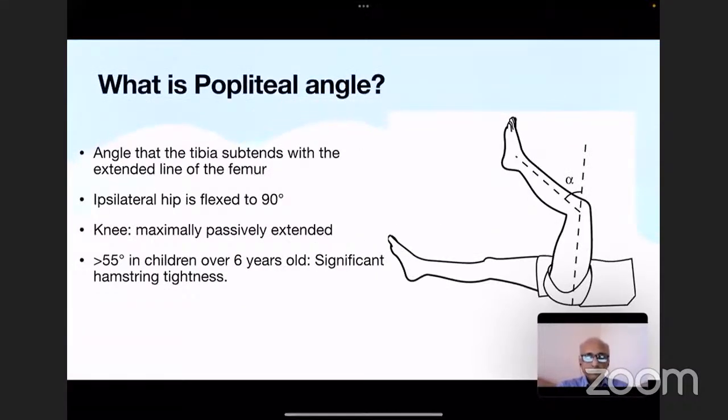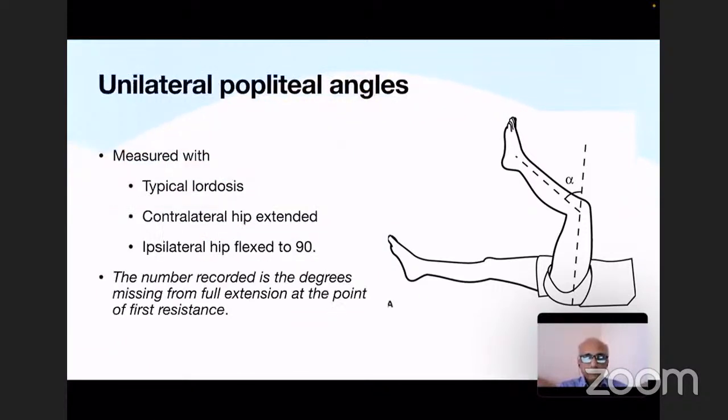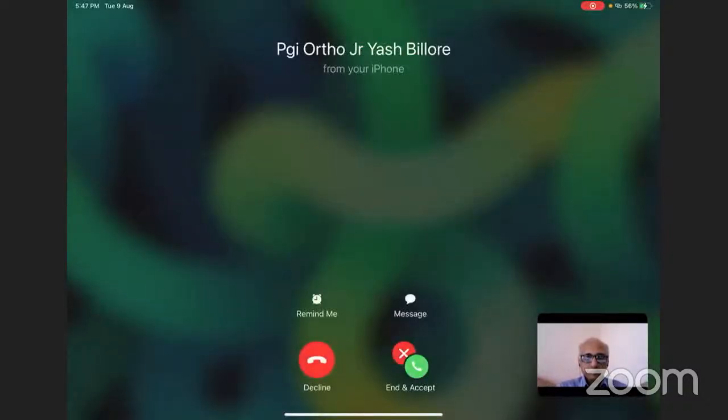So what is popliteal angle? It is the angle that the tibia subtends with the extended line of the femur. In the popliteal angle, the ipsilateral hip is flexed to 90 degrees and the knee is passively maximally extended. There are different figures available for normalcy. A popliteal angle of more than 55 degrees in an age group of more than 6 years signifies significant hamstring tightness. So this is what the unilateral or conventional popliteal angle is, which is measured